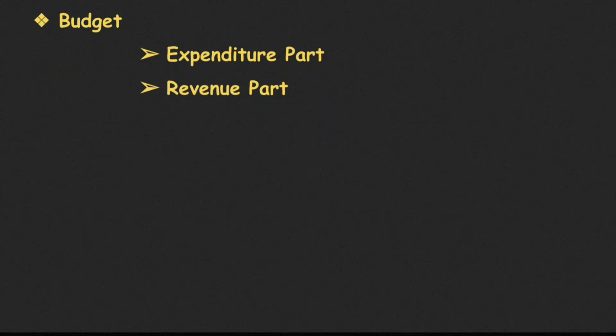It is mentioned under Article 110, Clause D. It also contains charged expenditures and no voting is done. And next, it is a money bill and it is to be passed accordingly. The next part of the budget is the revenue: how to meet the expenses of the Government of India in the coming financial year. It contains future tax proposals. It is also known as the finance bill. It is also a money bill, as it exclusively contains only matters mentioned in Article 110